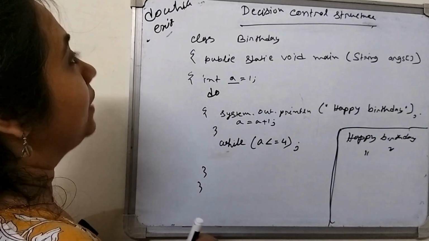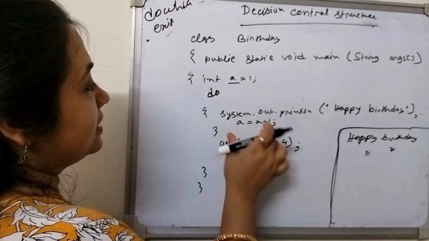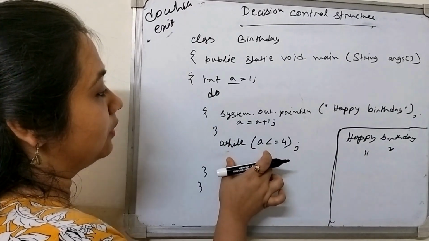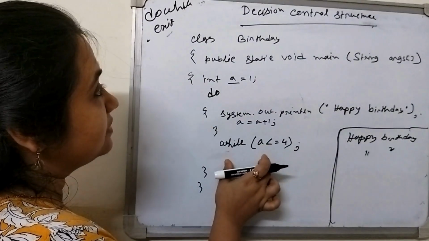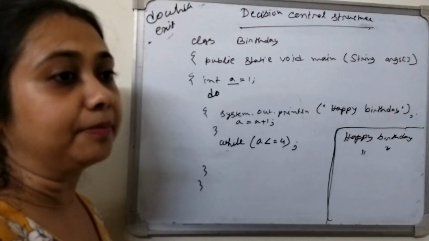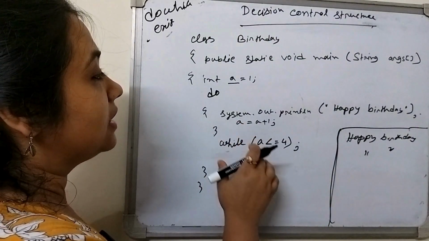Now we are coming to the do while program. Do while is known as the exit control loop. Why? Because the condition is checked after the program executes. When exiting from the program, then the checking is done. That's why it is known as the do while loop. Where do we use the do while loop? When we have to execute the program at least one time, then we use the do while loop.